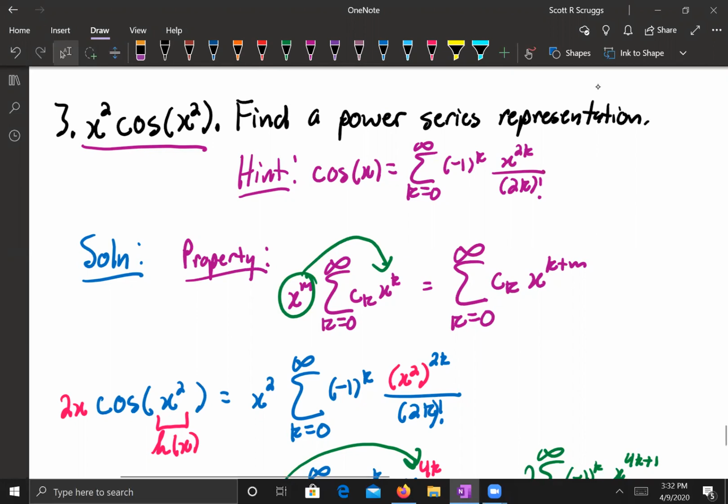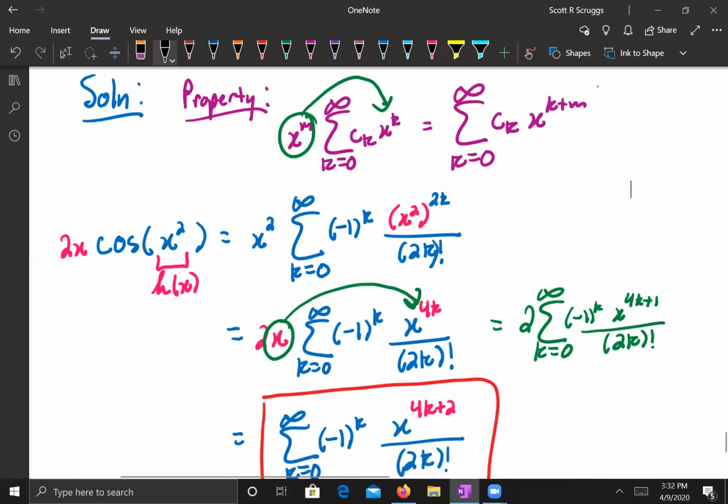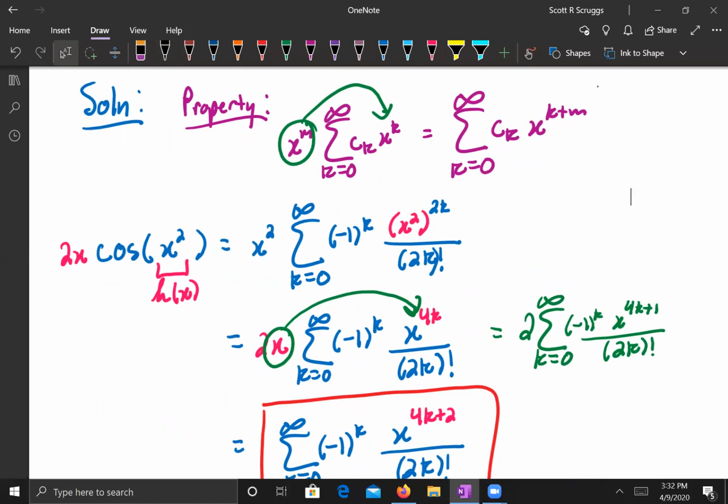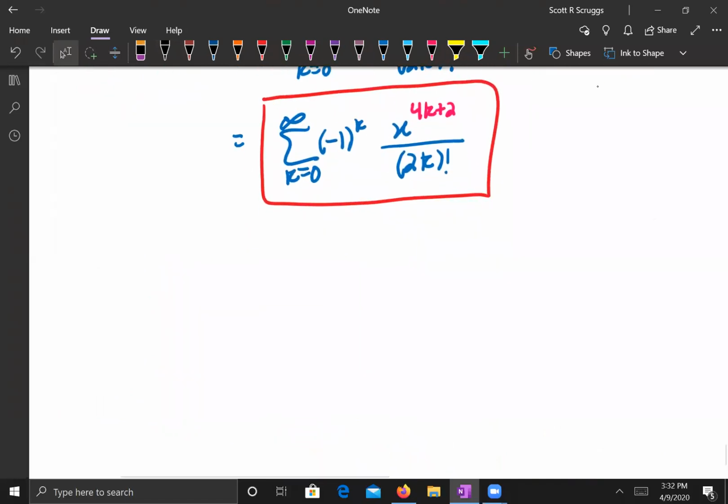But to give us a recap from a problem we did yesterday, from our Taylor series for Maclaurin, we can always rewrite and make brand new power series using our properties of power series. And that's going to be the main goal of our warm-up problem, which will be, oh, this will be fun. So for our warm-up problem,